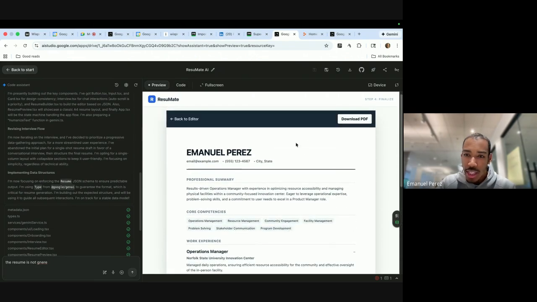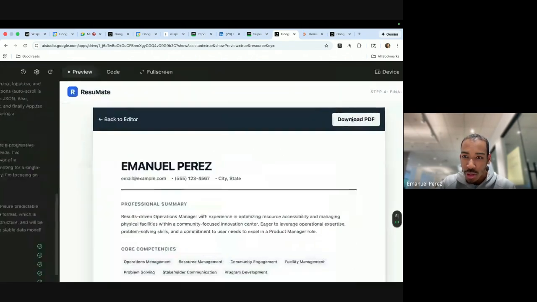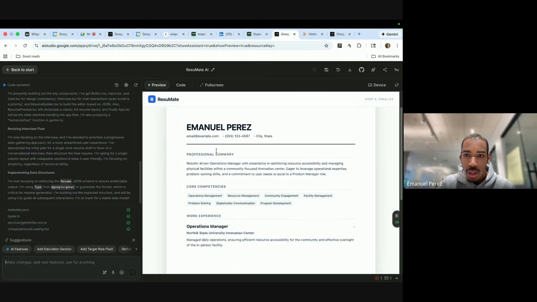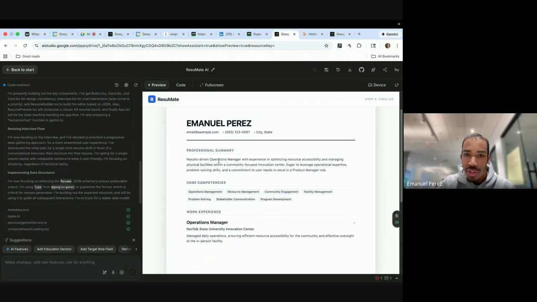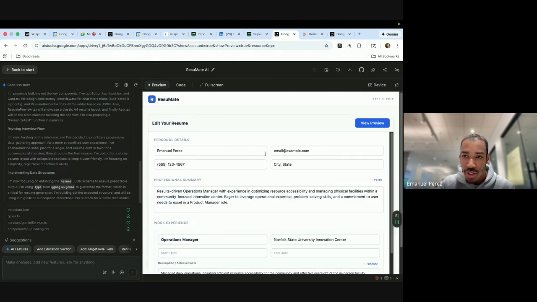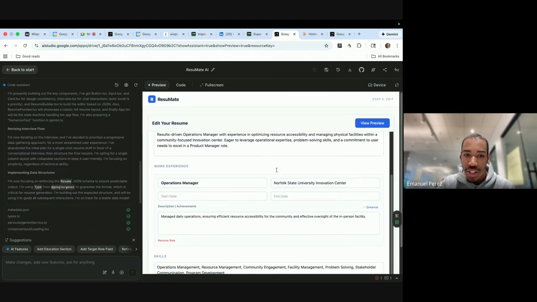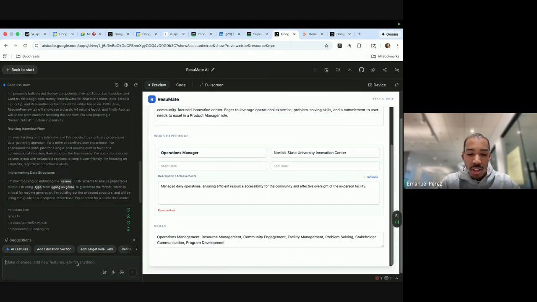All we need now is just a download button. Oh, it says download PDF button here. So I think we have to get this button to connect down to the PDF. We could tell it in here to make it. And we probably need a back button as well, so we can go back and edit our information. But we also need a way to add in a role as well. So we can say, give me an option to add in a role, like other work experience roles.